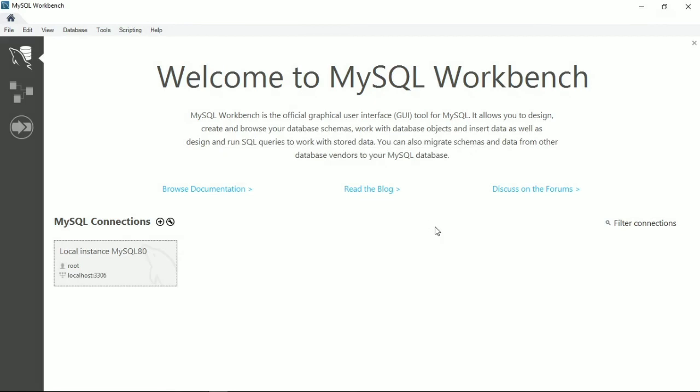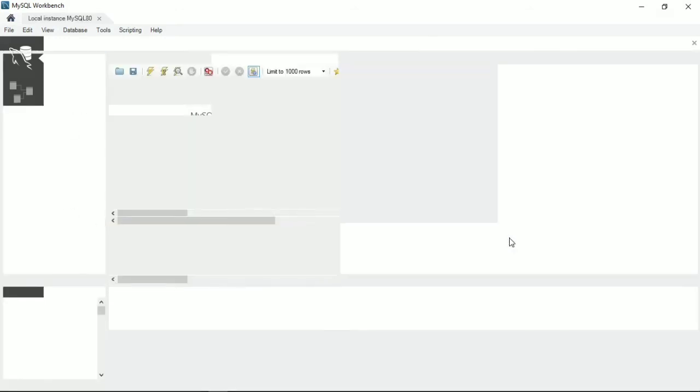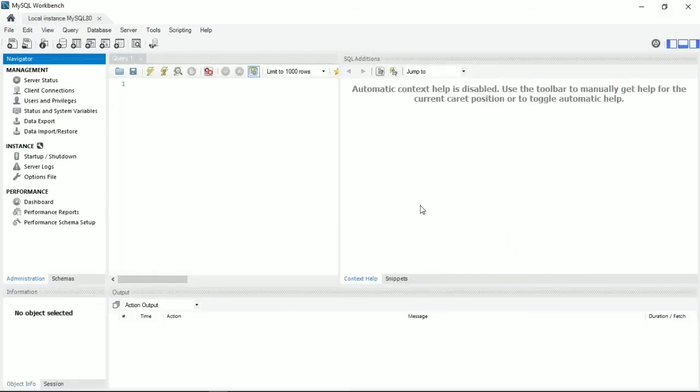If I enter the password, then it takes me to the Workbench. Okay, this is my MySQL, and this is all the procedure of the MySQL installation.